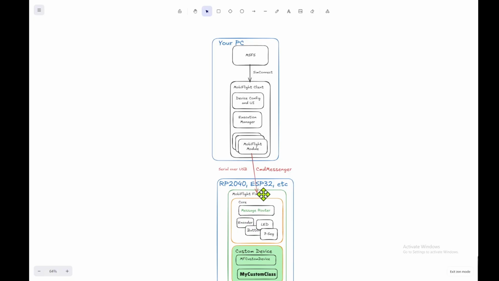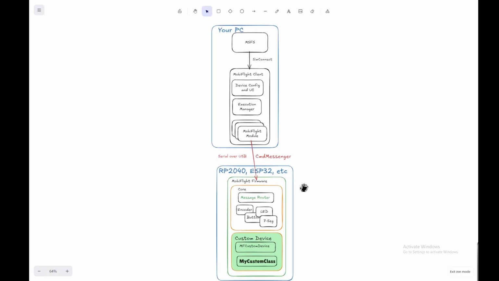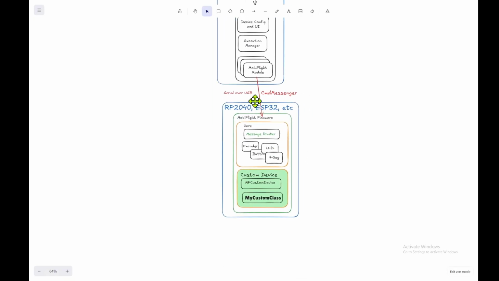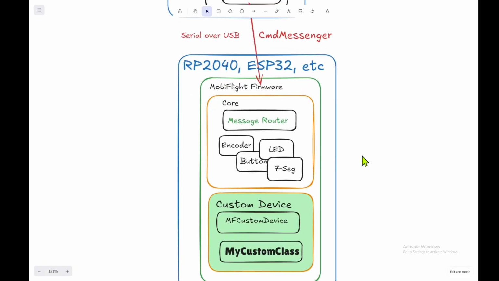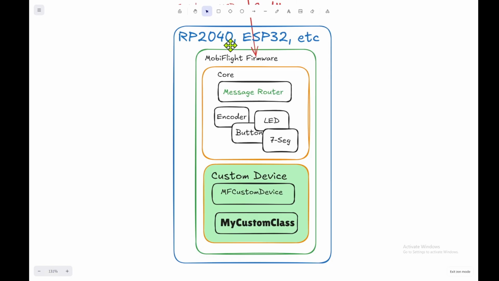And the reason I bring it up now is the way we talk back and forth between these two is relevant to both of them. And we've got to agree on the protocol that we're going to talk, which is Command Messenger, and some numbers that get passed back and forth in Command Messenger. And we will have to set up our device to show up in the device configuration. But I think we'll do that in the next one. Today what we're going to do is focus on the MobiFlight firmware, which is running down here on your Arduino